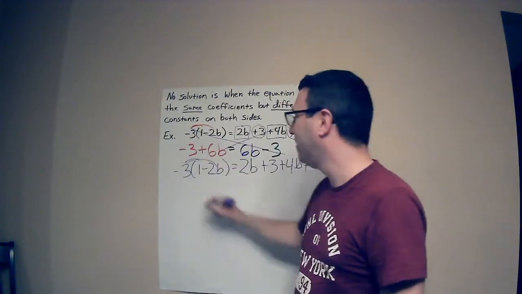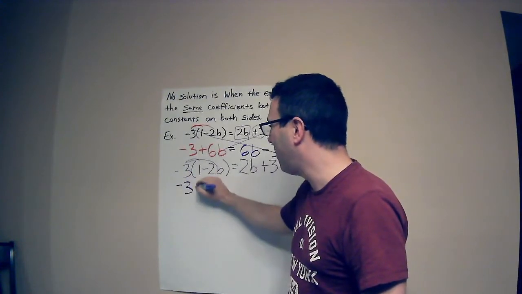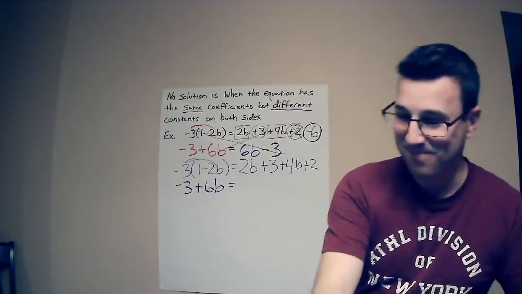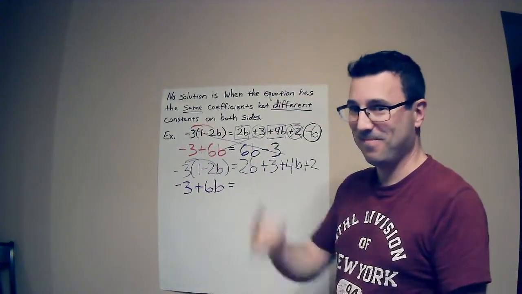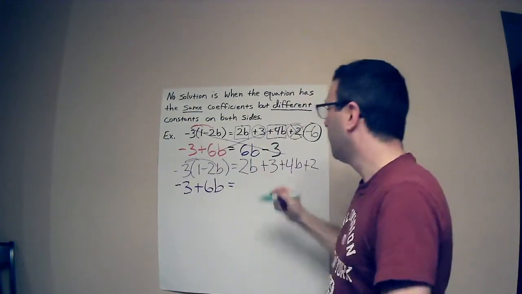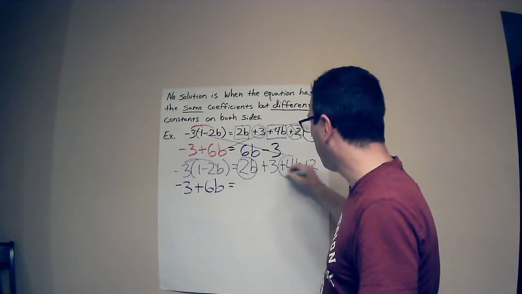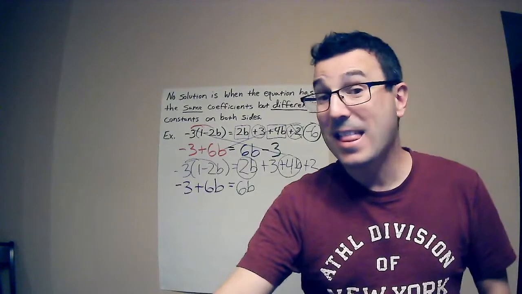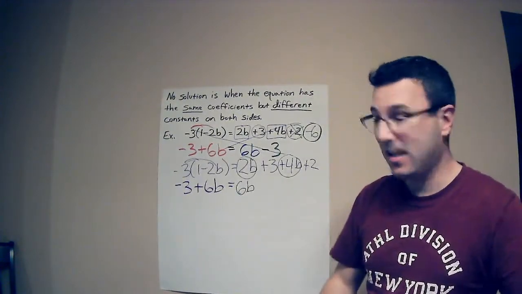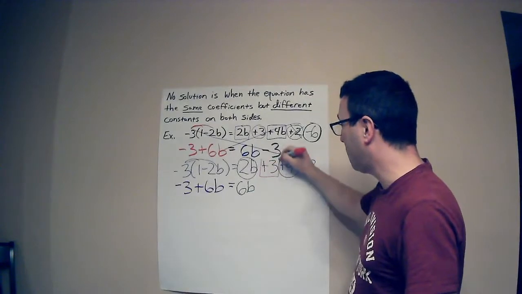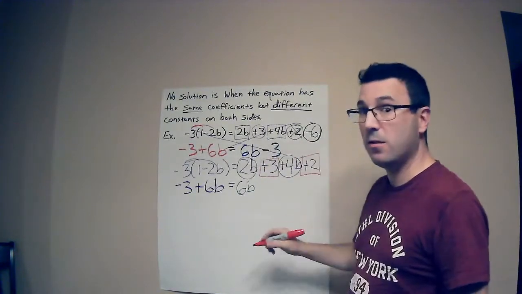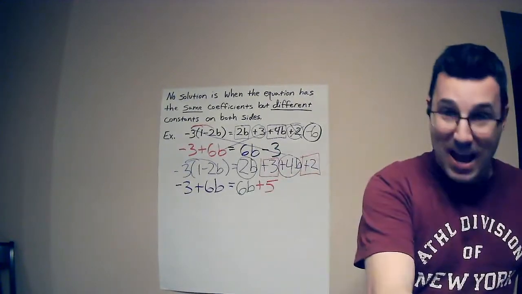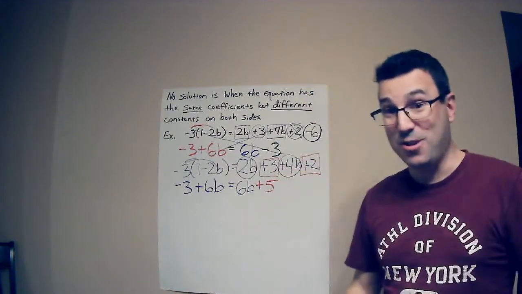Multiply it through. Negative 3 plus 6b equals, oh, 2b plus 4b, 6b. Then plus 3 plus 2 is a plus 5. Now when we look at this, and I'm paying attention and my brain isn't trying to fix things,